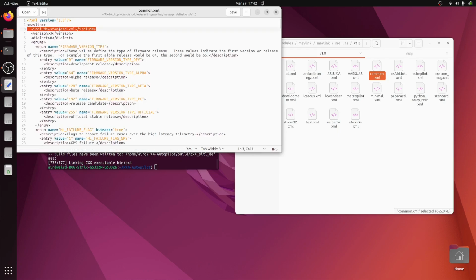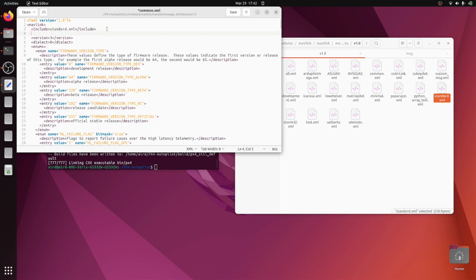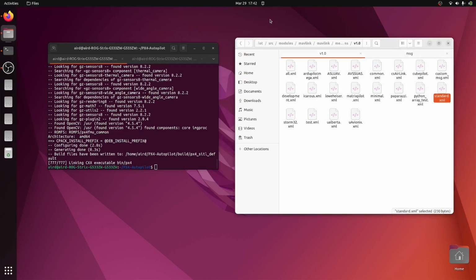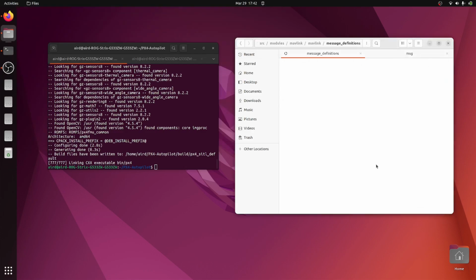So let's again add this common.xml file and include our custom_message.xml file here. Once this custom_message.xml file is added, we can actually do other additions, which I'll show you in the coming video. Okay, so as we have included the custom_message file, we can close it and we can go